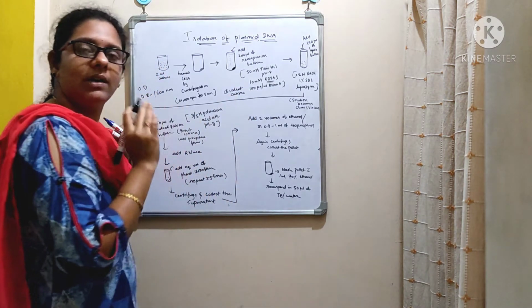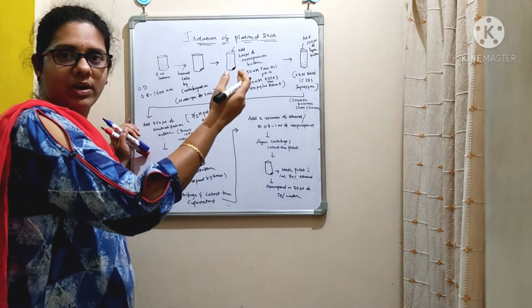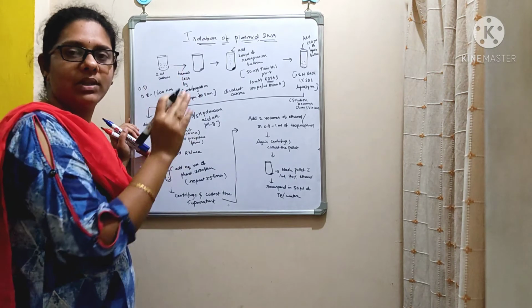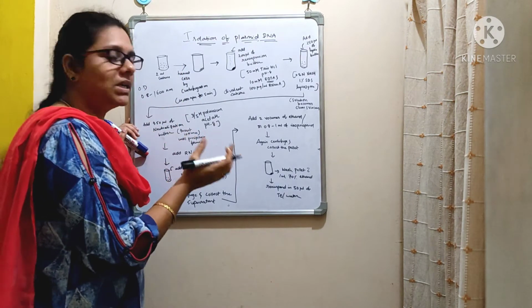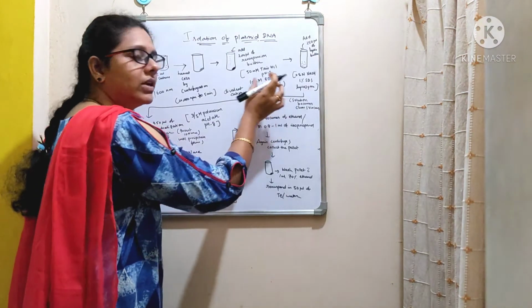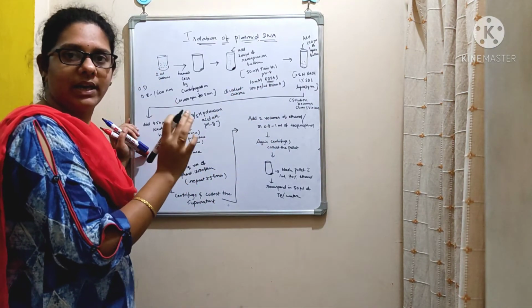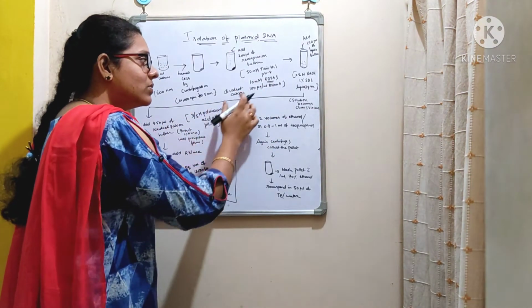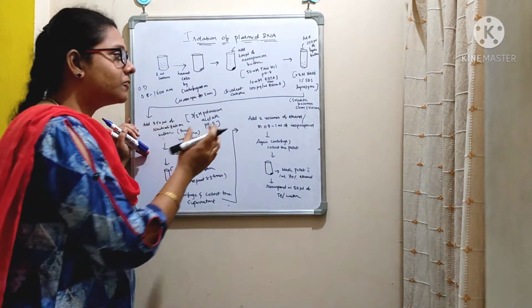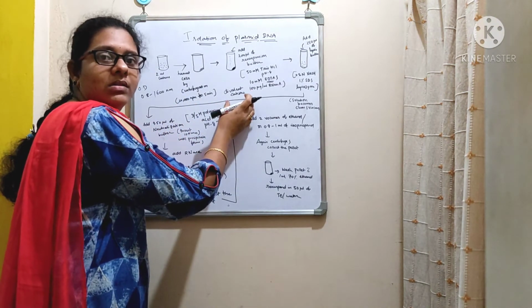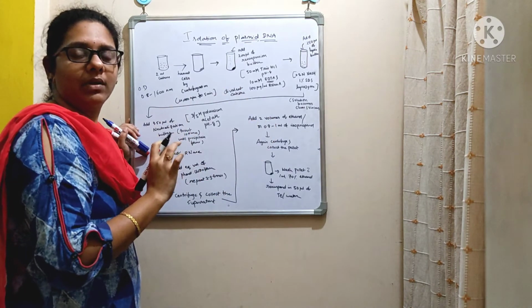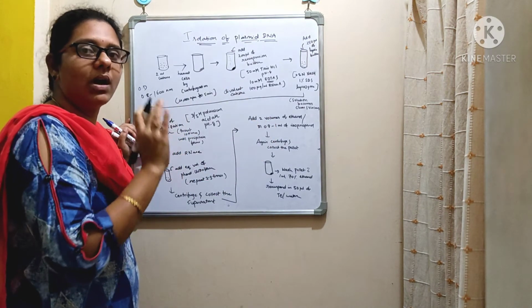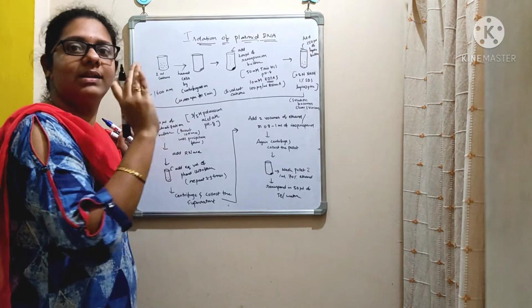The role of EDTA will be the same as we have already studied when we discussed the isolation of genomic DNA. I am just repeating again. Please listen carefully. Here the role of EDTA is that it acts as a chelating agent and it will reduce the concentration of divalent cations so that it is going to destabilize the cell membrane. That is what we are expecting, right? We are supposed to break the cell wall and the cell membrane.